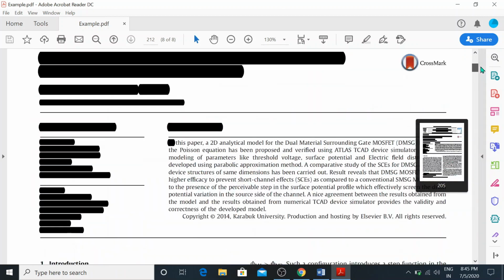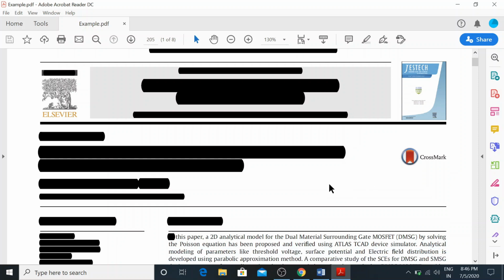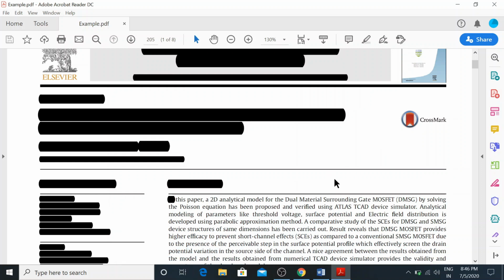So you don't need to go up by scrolling the mouse scroller, which takes more time while you are reading your research article or any article you have created in a PDF or Word file.